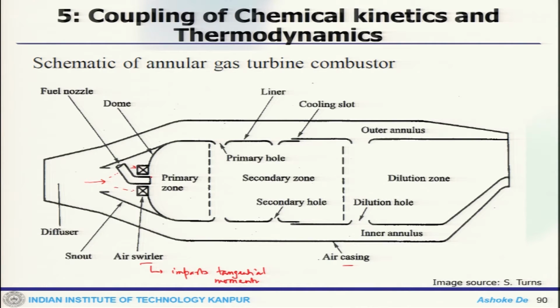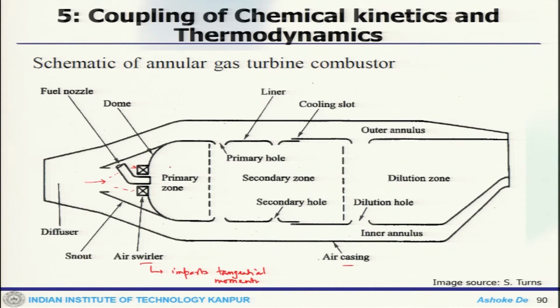Essentially, when you put so much energy into it, the flow becomes purely three dimensional. This does a lot of things. It not only allows rapid, quick mixing, it also makes the system more turbulent in nature. So, there is a very specific purpose of using this kind of swirler, and then the fuel comes in, so that gets well mixed. If it is a liquid fuel, then that will atomize and evaporate,